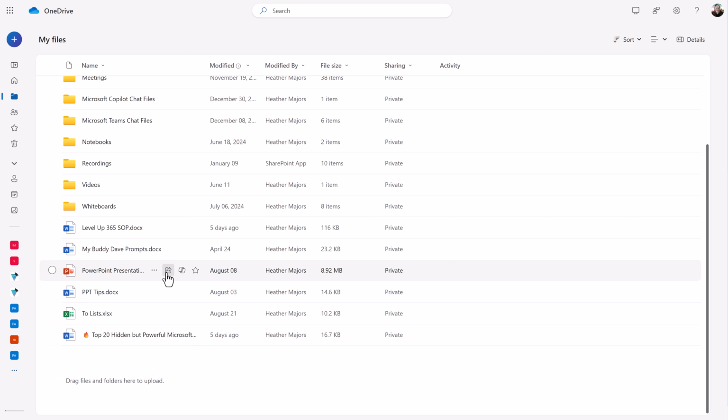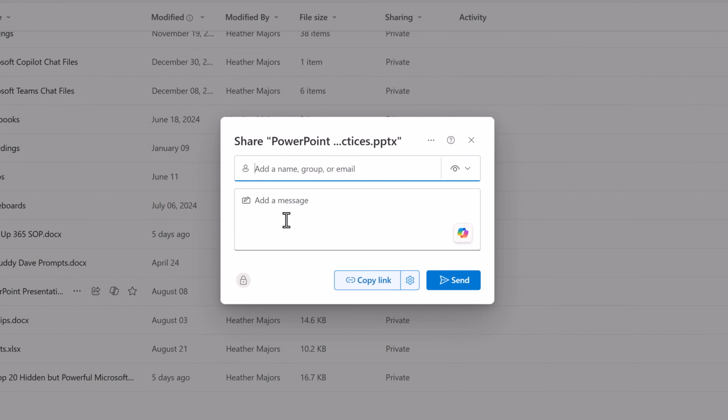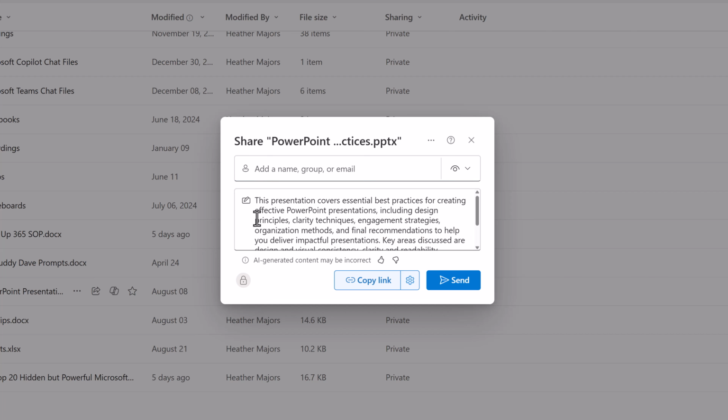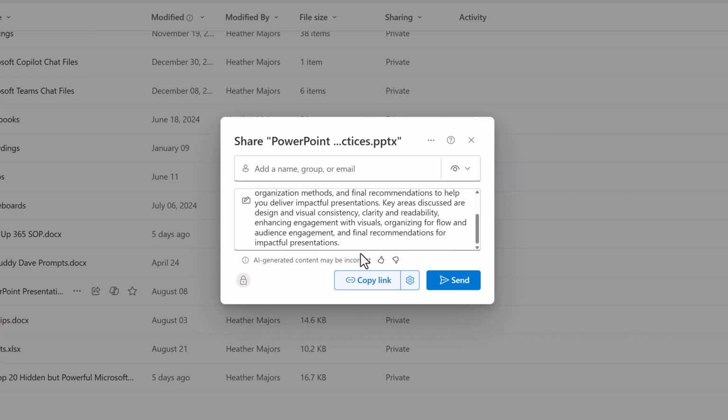When you go to share a file with a coworker, you often need to add a summary of what's in the file and then add some context to why they're receiving it. If you have a Copilot license in Microsoft 365, you'll see this little Copilot button at the bottom of the message box. Then you can ask Copilot to insert a file summary. Depending on the size of the file, it can take a minute or so to generate the summary. And then from there, you can read the results, make any modifications, and add additional details as necessary before sending